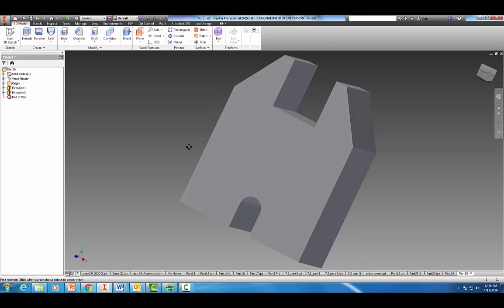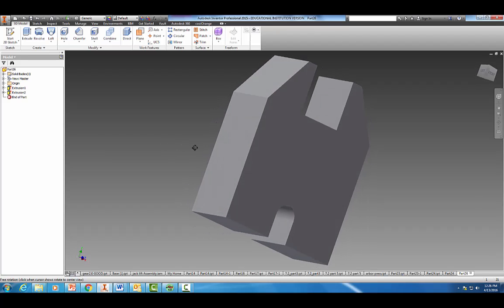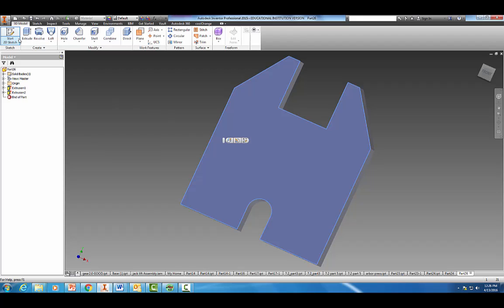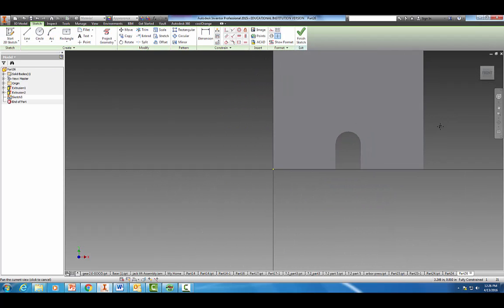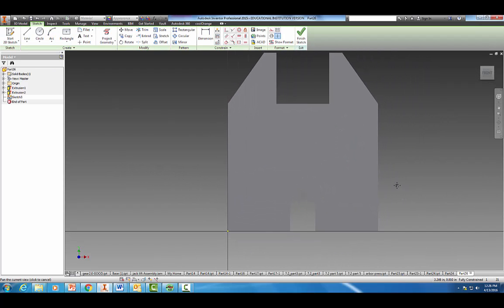Alright, starting to look more like our Arbor press here. One thing we've got to do is still make that hole right above it here. So what you're going to do is grab a point, and let's just put it right here in the middle. Hit escape, and according to our dimensions, let's dimension it